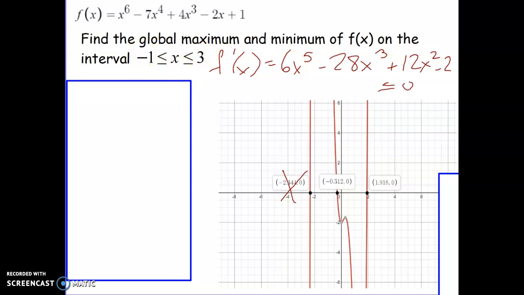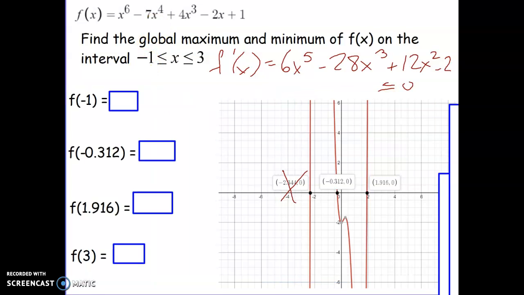You always want to consider the endpoints. So I'm not going to create a sign chart in this case because I don't want to know necessarily where it's increasing or decreasing. I might have multiple local maximums or multiple local minimums. And if I'm trying to find the global one, I just want to know what's the biggest or what's the smallest. So I'm going to take the endpoints, -1 and 3, and I'm going to take the two critical numbers that fall within those endpoints,